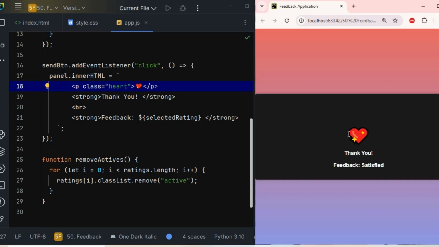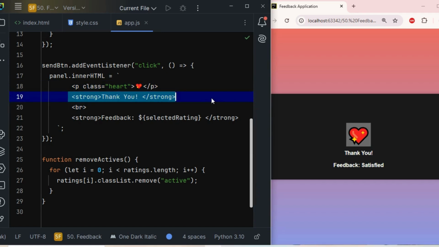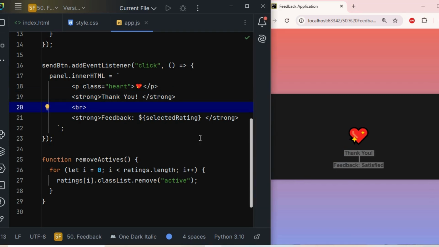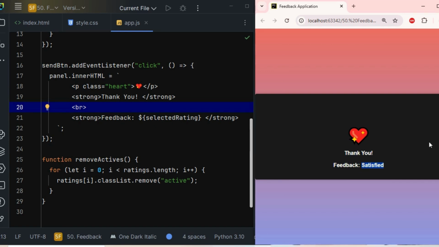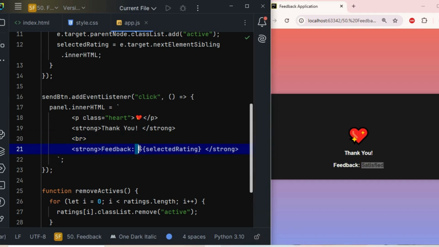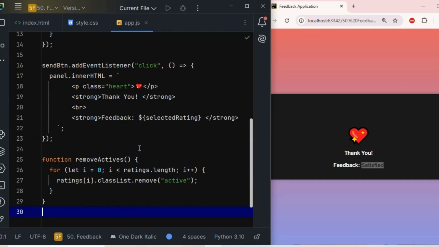Then it shows one strong tag with the thank you text, and also shows the feedback, using the selectedRating variable in the strong tag with dollar-sign value. And finally, one function, removeActive, takes one